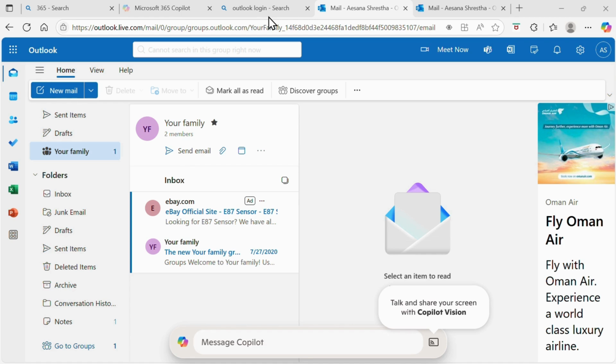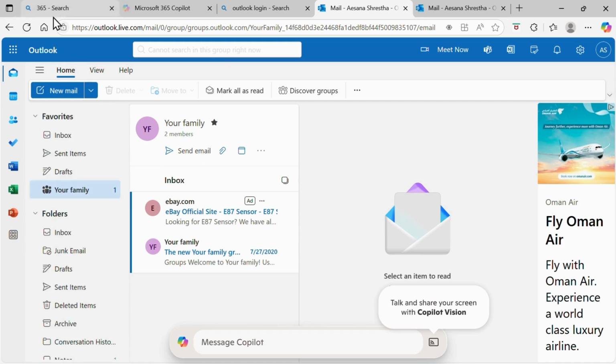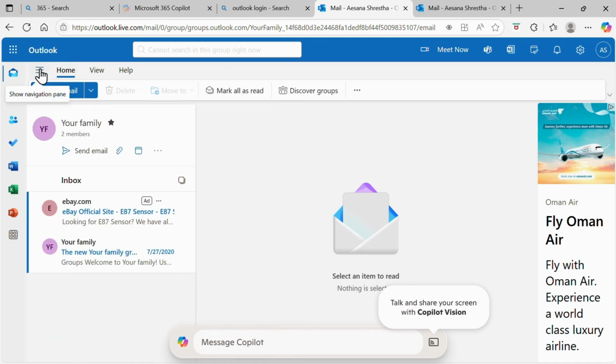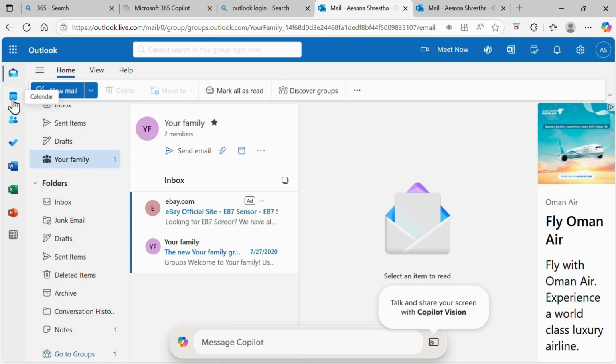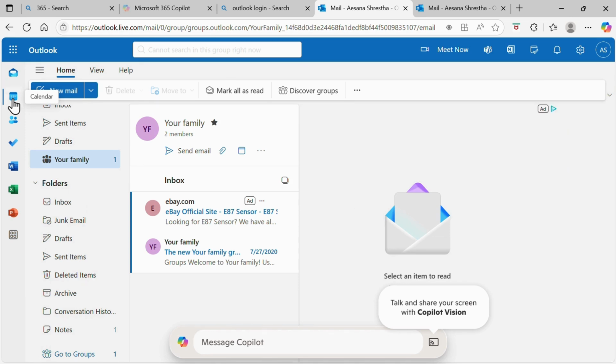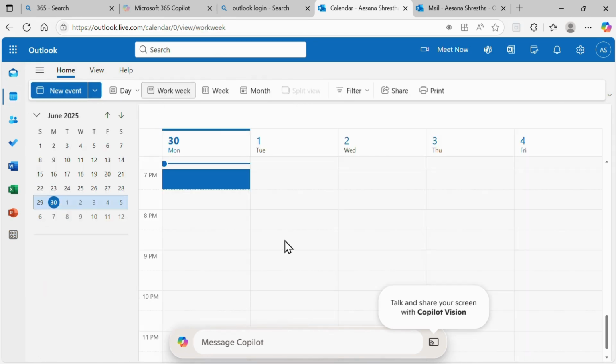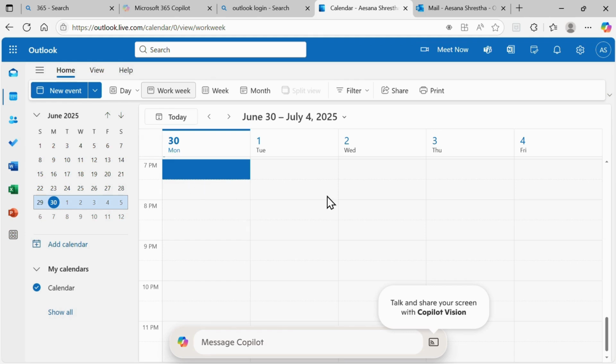Firstly, over here in the Outlook option, look for the calendar option. Over here, you can see the option of more apps. Click on it. Over here, you can see at the top, calendar. Tap on it. Here you can see the meeting is at this meeting